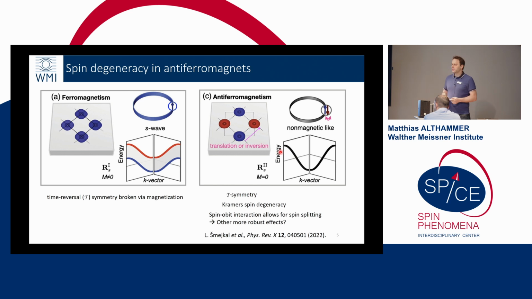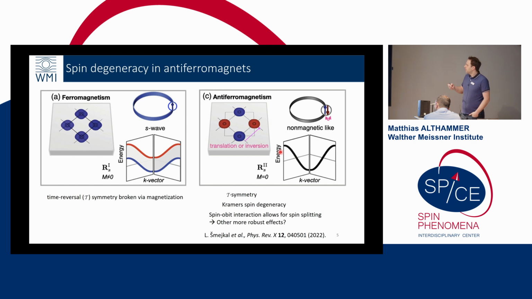So you can use them immediately to get a spin polarized current. This allows you to manipulate, in the end, also the magnetic order parameter via the spin polarized current, and you can work with that. So that is the workhorse. If you think about giant magnetoresistance effect, tunneling magnetoresistance effect, all comes back to this spin splitting that you have